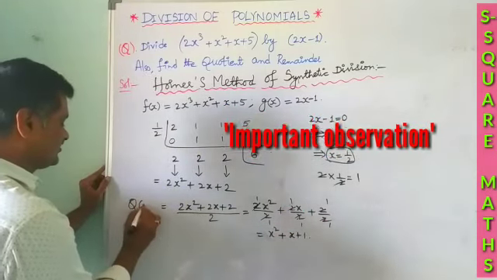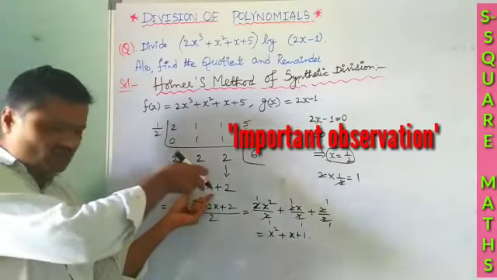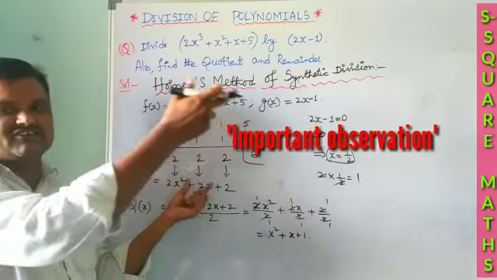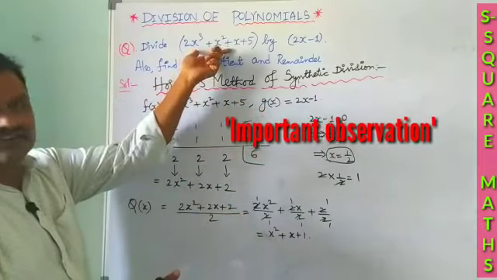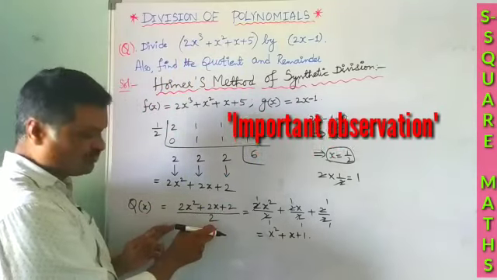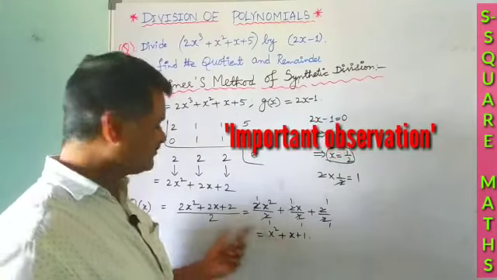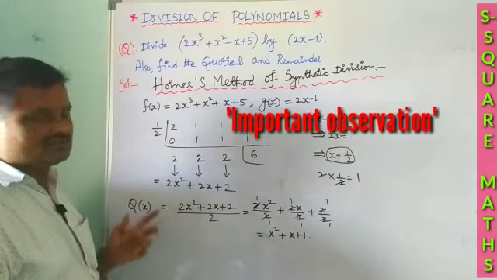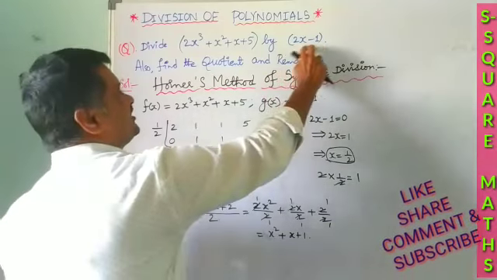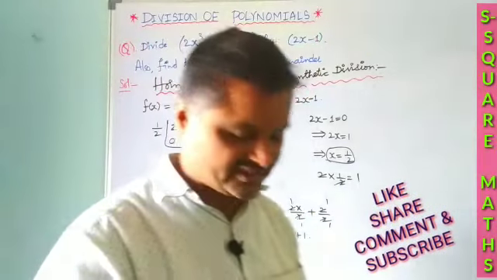So this is our q of x. Please students, the earlier expression is not our q of x. If it were, apply the division rule for polynomials: dividend is equal to divisor into quotient plus remainder. You should get the dividend, but you won't get it. So consider q of x as 2x square plus 2x plus 2, divided by 2. Then x square plus x plus 1 will act as the quotient for the given problem. This plays an important role in this situation. Since the coefficient of x in our divisor is 2, we have to divide by it to get our final quotient.